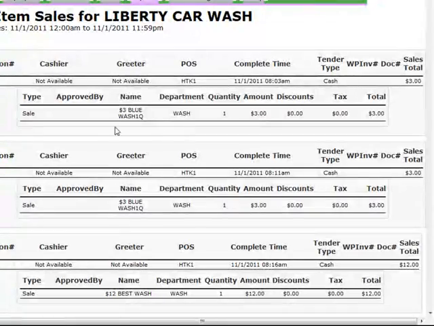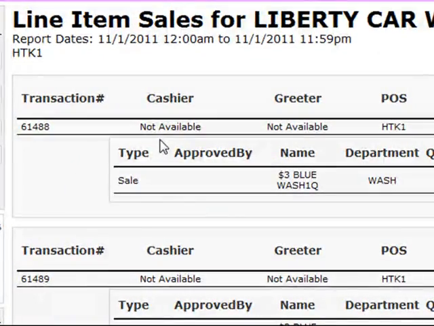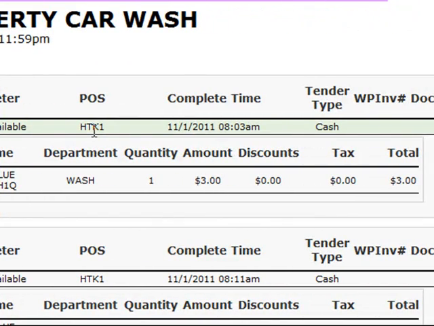In this report, you'll be able to see the individual transaction number, the cashier that sold the transaction, the greeter if applicable, the name of the point of sale device, and this could be the ProfitPilot point of sale or an HTK pay station, the date and time the transaction was completed, the tender type used to purchase this transaction. If the information was sent to the WashPilot tunnel controller, you'll see the invoice number listed here. If this was a credit or gift or washbook transaction, you'll see a document number listed in this area,